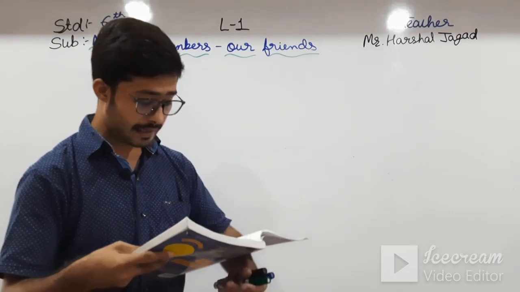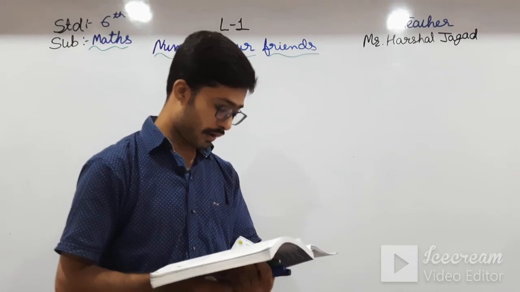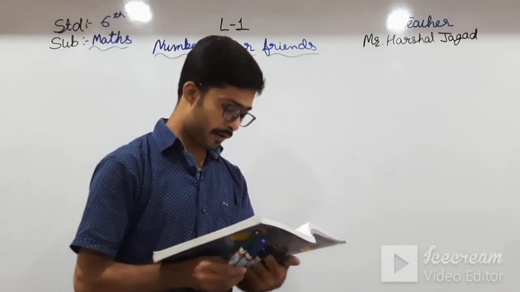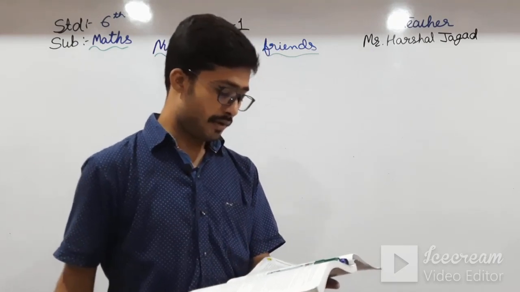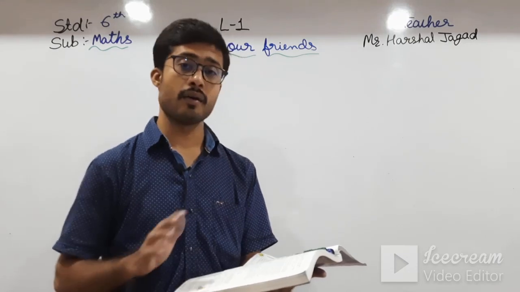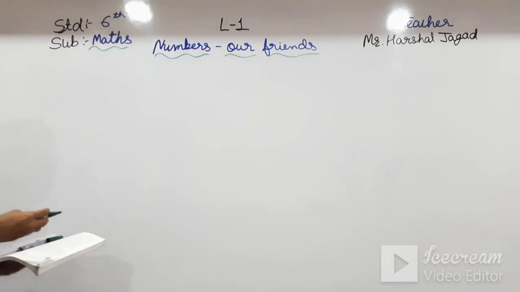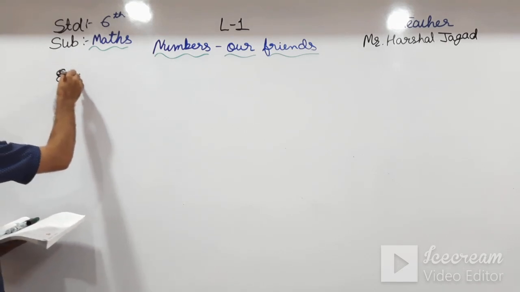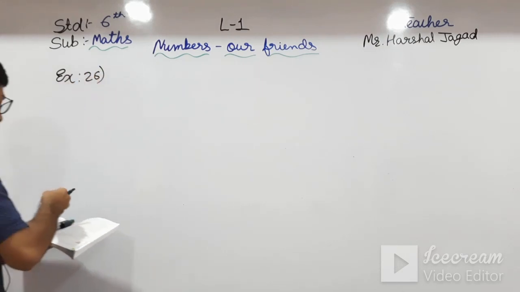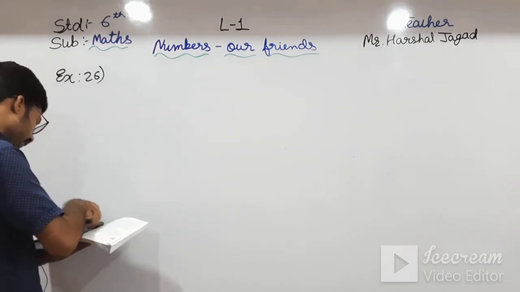So here, find the length of a barbed wire to go round 3 times the boundary of a rectangular field which is 28 meter long and 22 meter wide. See here, I am first drawing. Here I will write first the example number 26. Example 26. Okay students, so in that if we draw a rectangular field,